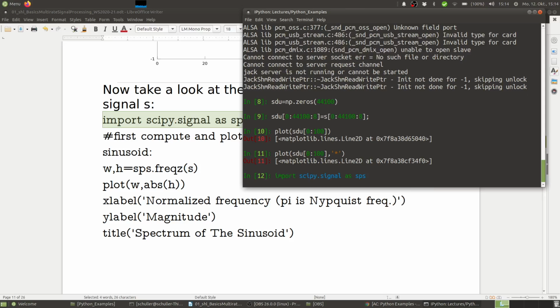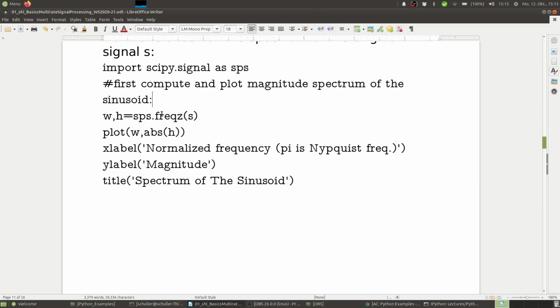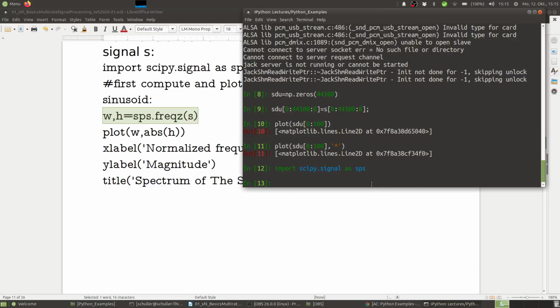So here I import it, and now we can use freqz. Freqz basically computes the discrete time Fourier transform for a given number of spectral sampling points, right? So that's convenient. So here I compute this, copy, paste,